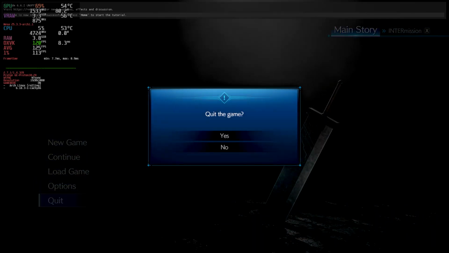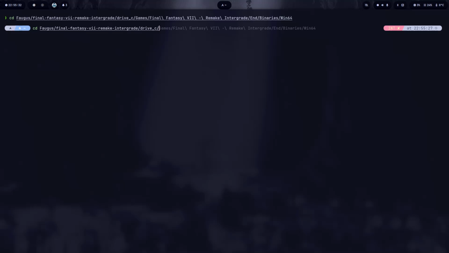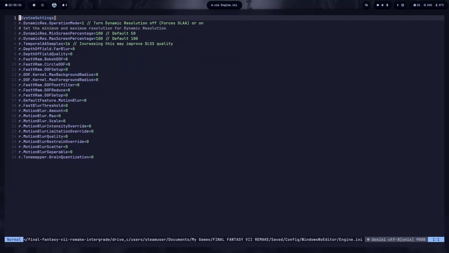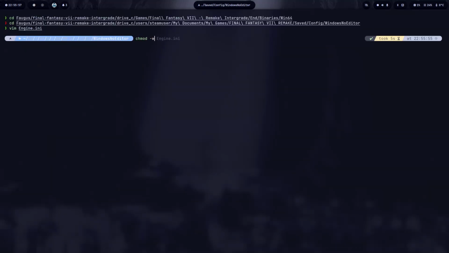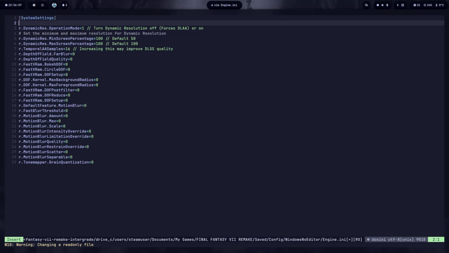Anyways, you can quit the game for now, and then this is an optional step, but you can do it yourself if you want some tweaking to your game's graphics done manually. You can go into your prefix's user folder, and then into My Documents, My Games, Final Fantasy VII Remake, Saved, Config, Windows No Editor, which you're going to create, and then create this file with these contents, Engine.ini. And then what you're going to want to do is chmod -w Engine.ini, so that it becomes a read-only file,